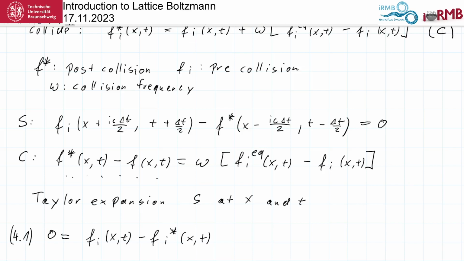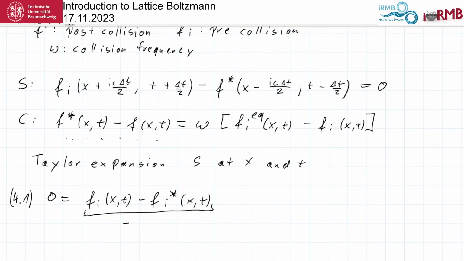So I guess it's not the collision operator, but it's minus the collision operator, right? Yeah, so there's a minus in front of this. And then come the two different parts. So we do a Taylor series expansion in two directions, namely in time and in space. So first thing I'm doing is I'm doing it in time. So we move delta t half,